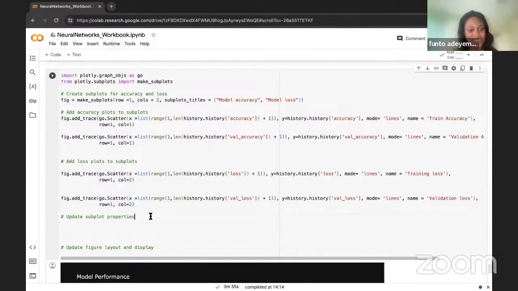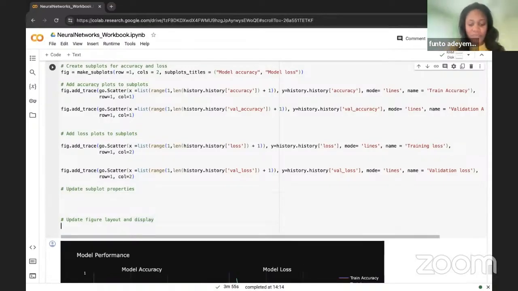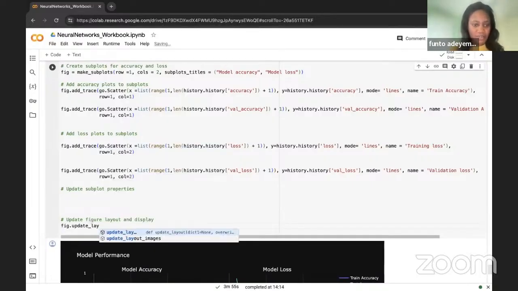This is not so necessary. You could check it out in the notebook, but it's just a way to customize it. It's not something you need to do. Then we can update the title, say fig dot update layout, update layout,